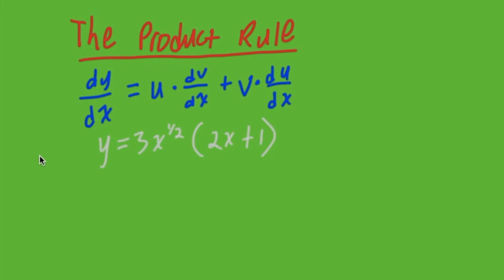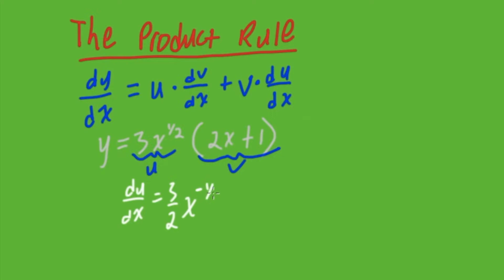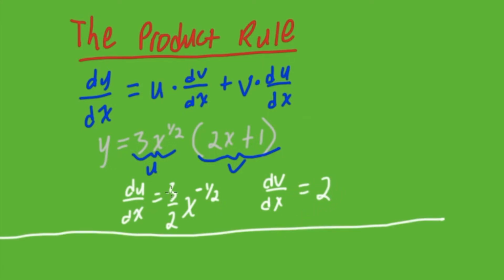We get u, v, dv/dx, and du/dx. So first of all, let's label this part of our function u, and this part of our function v. That means that du/dx will be equal to 1/2 times 3, which is 3 over 2, x to the power of negative 1/2. And dv/dx is equal to 2. Now that we got all of our values, it's just a matter of substituting them into this equation up here